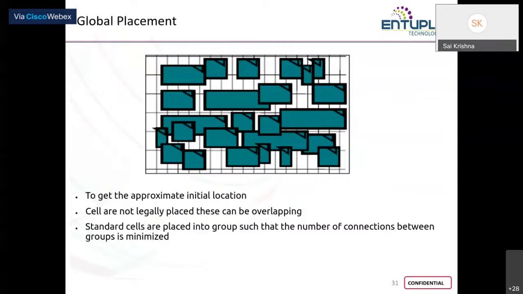So, in order to get that very efficiently, your placement stage actually runs in two stages. The first one is global placement, and